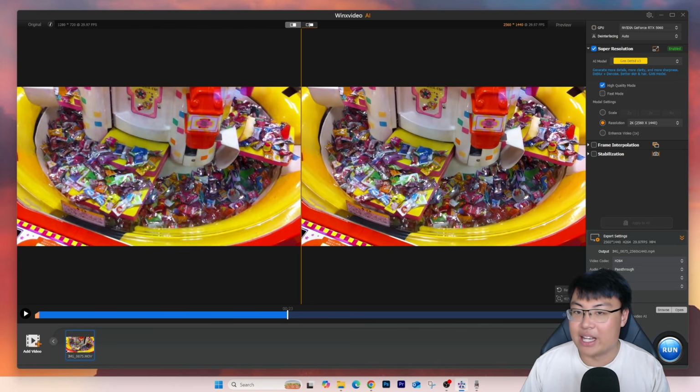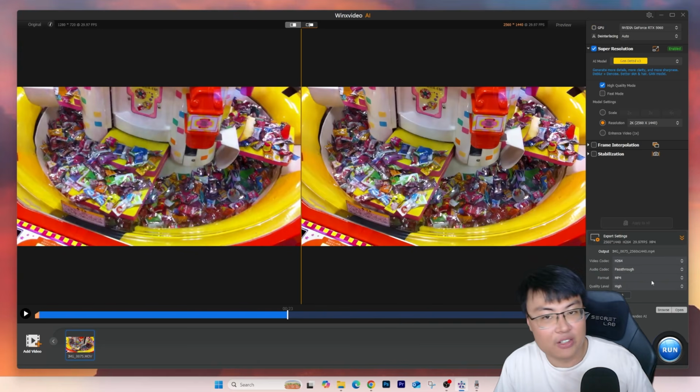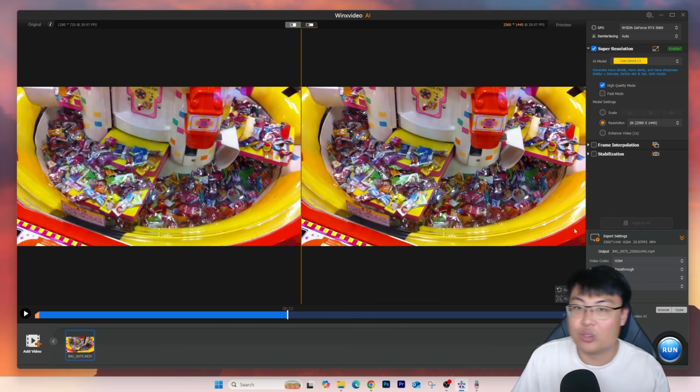So once you're done, you guys can export it, and then you can also select your frame rate, your quality level, and what format you want, which is really cool. Let me just move my head aside. You can change to any other format you want it to be exported to. So this is a really useful feature, especially for content creators like us. Sometimes our camera can be out of focus, or we set the wrong resolution, all this and that. We can use this to help make the video look so much better and so much